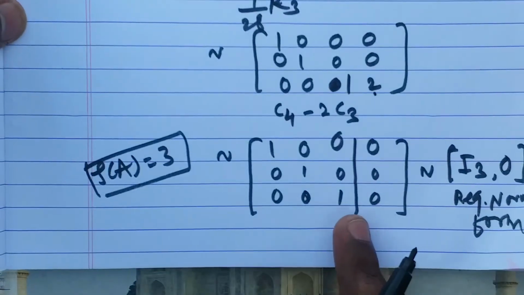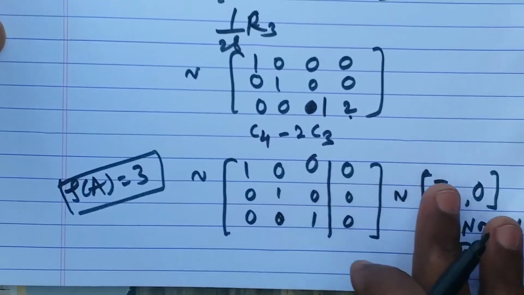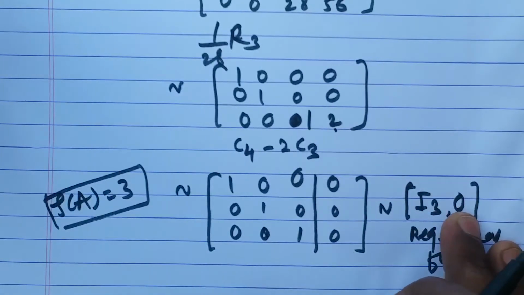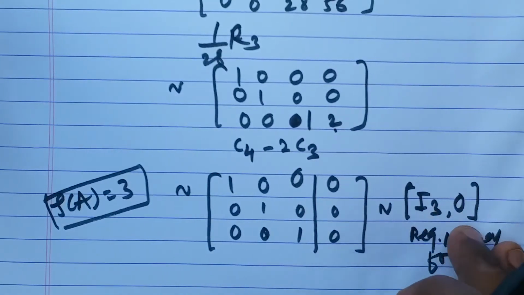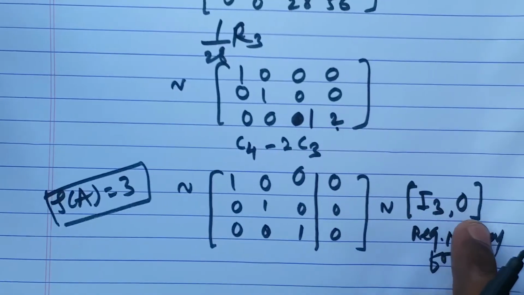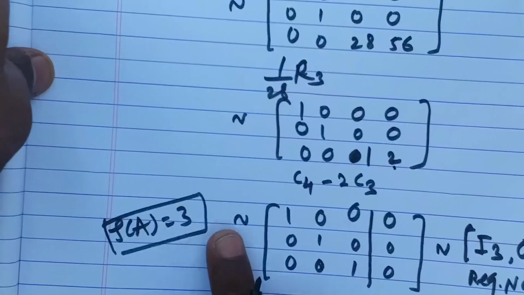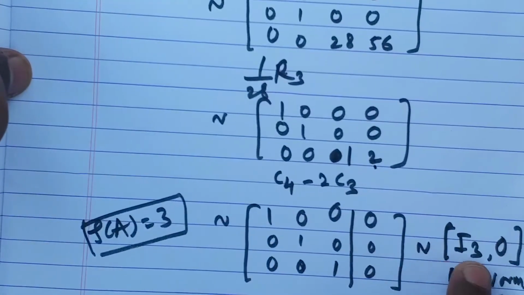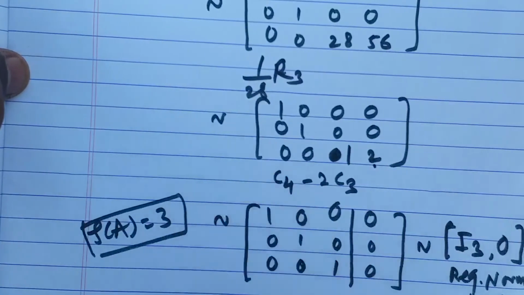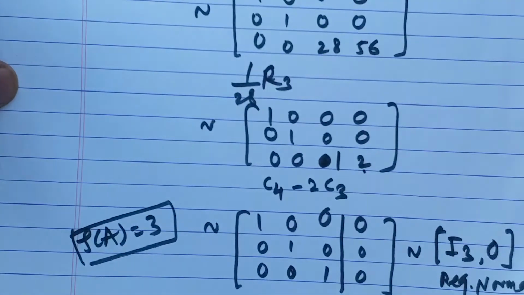For this matrix only 2 partitions we have obtained, one is the identity matrix and one is the 0 matrix. If we get 4 parts, then accordingly you write 0 0 at the bottom. So in this way we are writing the normal form at the end. And from the normal form, whatever the order of the identity matrix in the normal form, that will be your rank. One more example I will do and the remaining you try on your own.